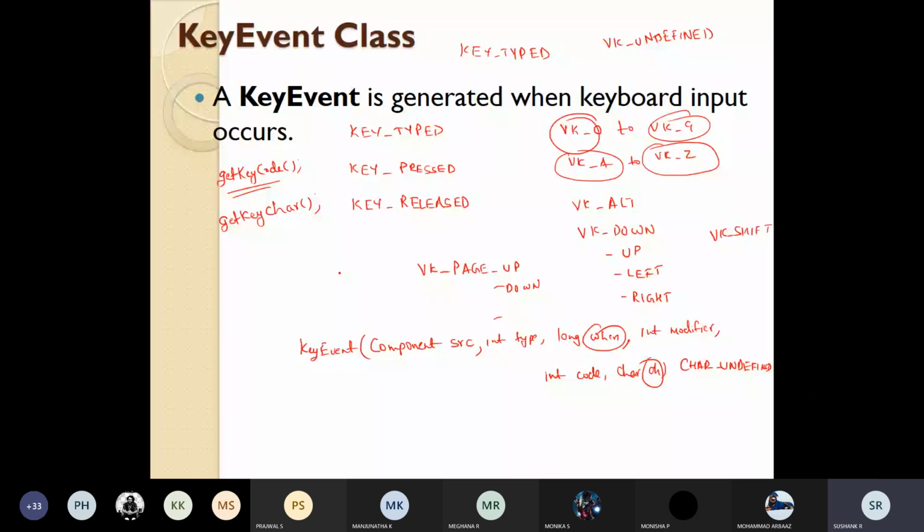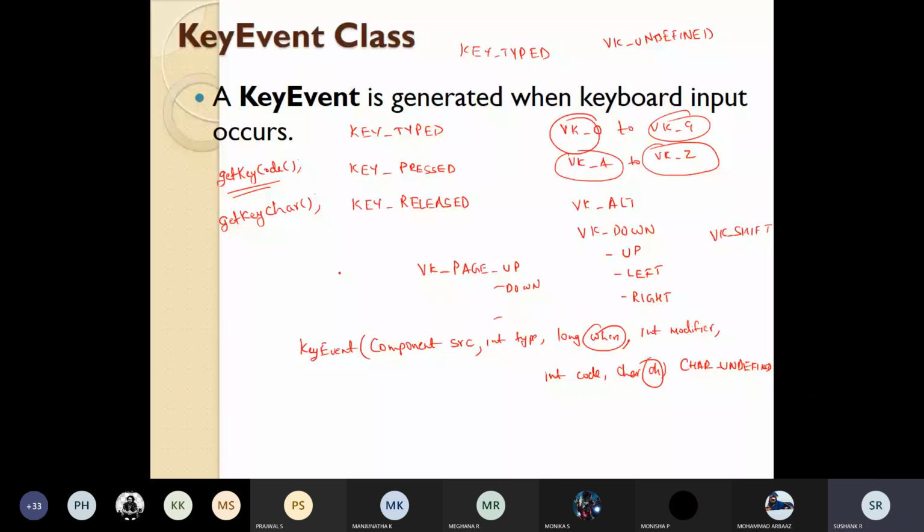From version 6 onwards, these will get you the x and y coordinates. So this is with respect to the mouse event. In addition to this, we have one more.